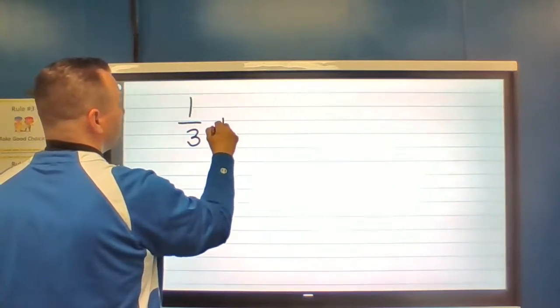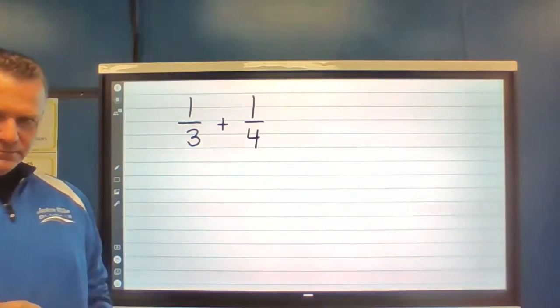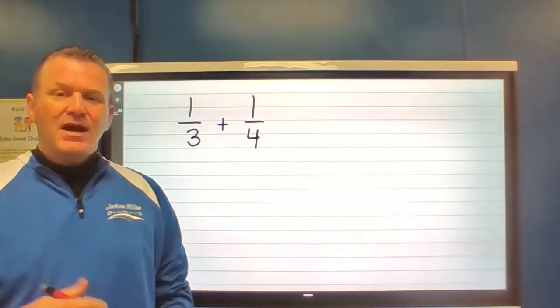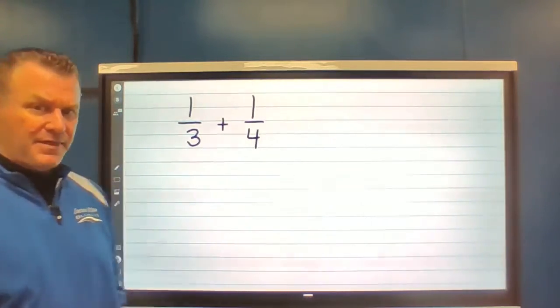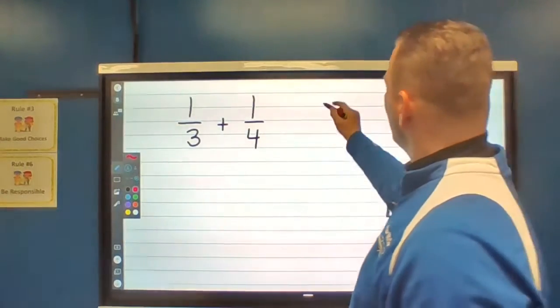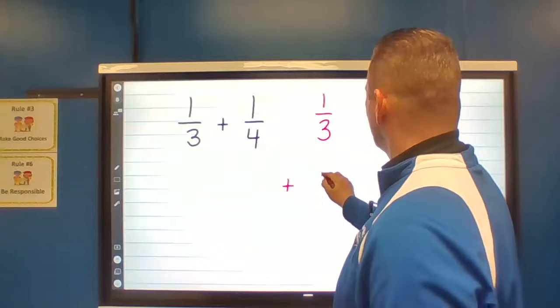1/3 plus 1/4. My denominators are not the same, so I have to get them the same. I'm going to use the stacking method that we use because I do think that's the most effective way to do this kind of a problem. So if I take 1/3 and I'm going to add it to 1/4,